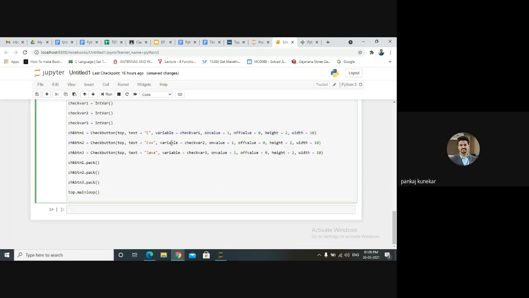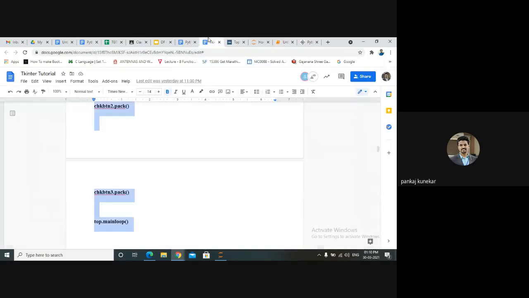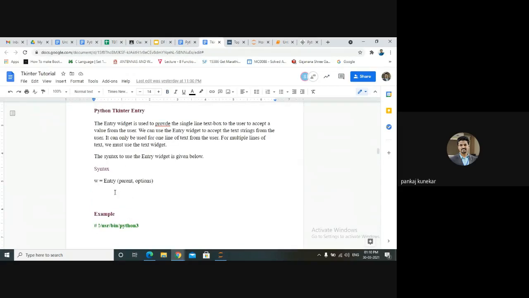If you want to interact with your database, or display whatever the things are in the function, you can use this variable. If you want to make it interactive, suppose you want to display that we have selected C, C++, and Java, these variables are very much important. This is just a GUI part. If you want more coding or to display values, we have to use the variable names.